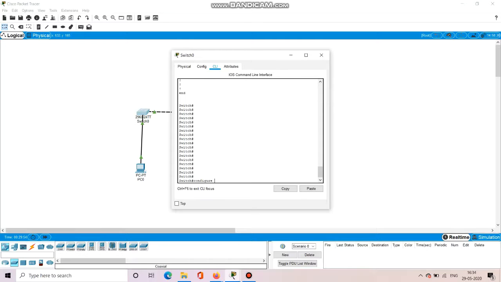So to verify the default switch configuration, the command is show running-config. In short, you can write it as sh run as well. Now you can check the different configurations already available for that particular switch, or the configuration which we get when the switch is booted.